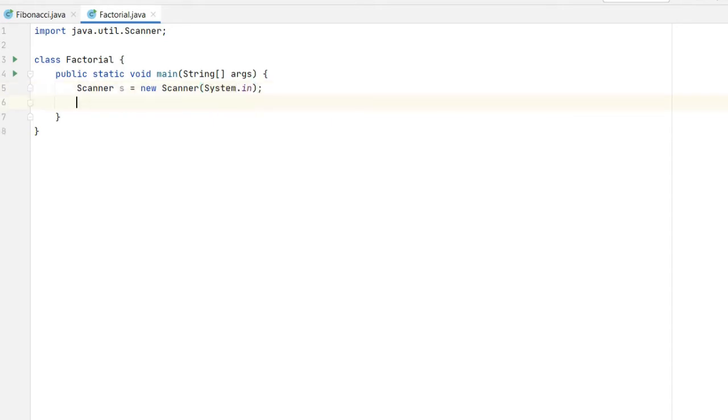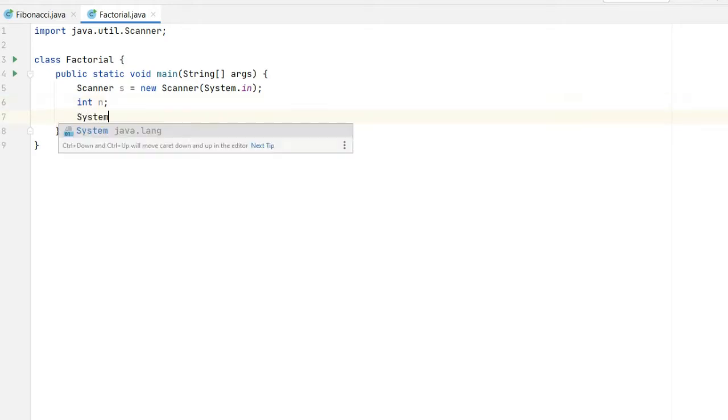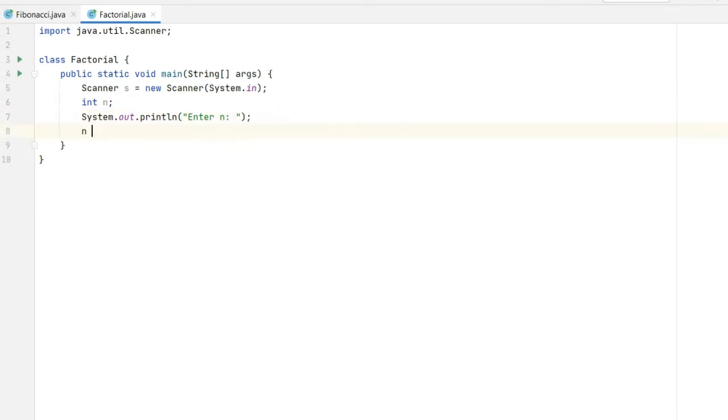Now let's declare integer n that will represent the number up to which we have to find the factorial value. Now let's print a statement, enter n, that is the value of n, and now take the user input.